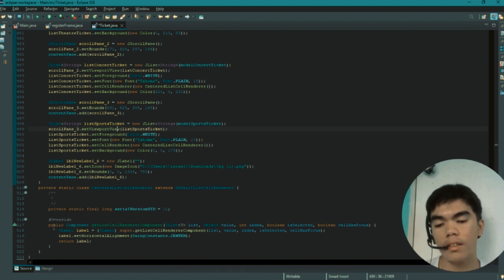Override public Component getListCellRenderer, JList, Object value, and then results, and selected boolean has focus. The label is equal to a JLabel, super getListCellRenderer, and this value in this cell has focus, and label set horizontal alignment to SwingConstants center, and return label.